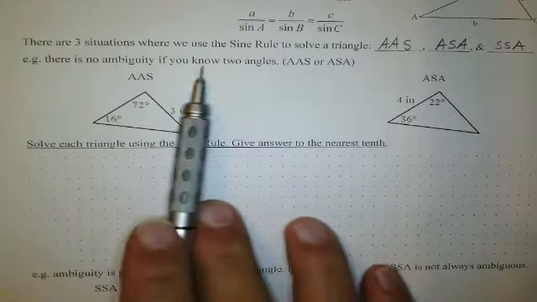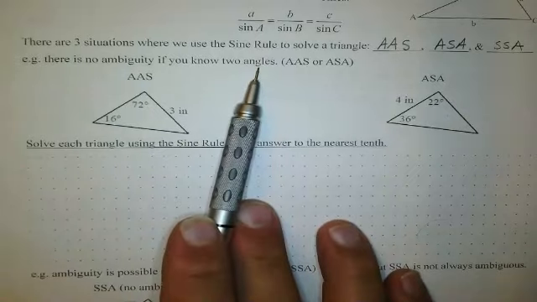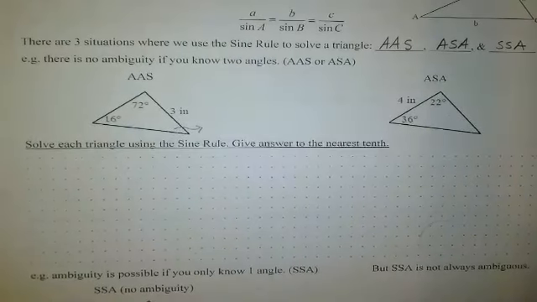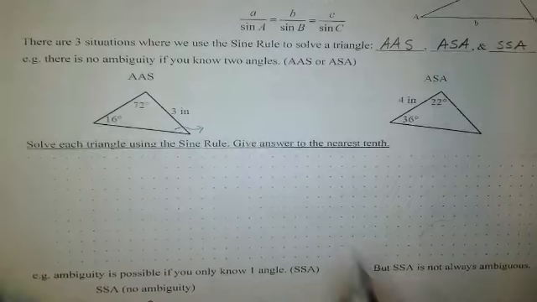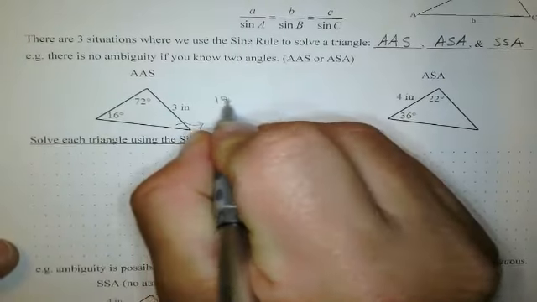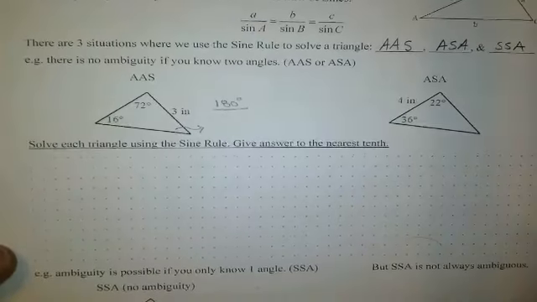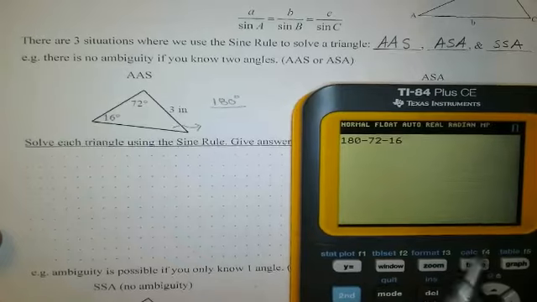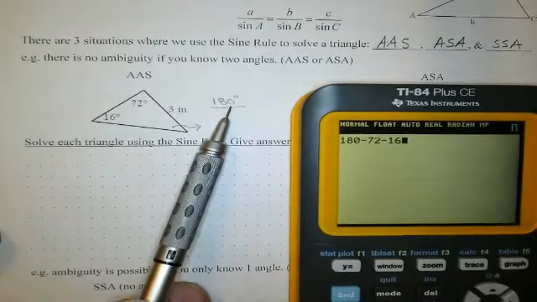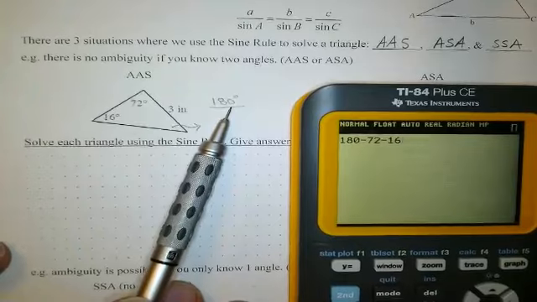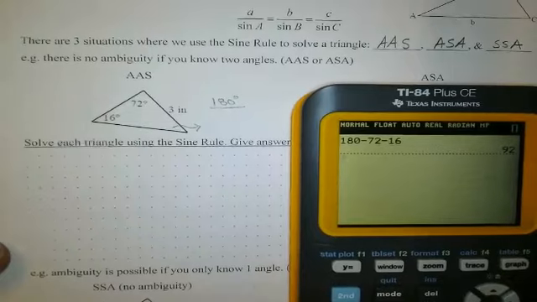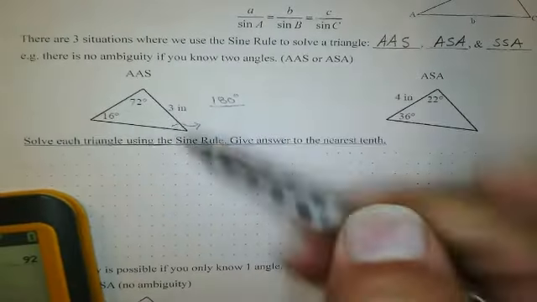Okay, we have no ambiguity if we know two angles. What does that mean? If I know two angles, then it's very quick to determine what the third angle is, right? In this first case, how would I find the third angle? Well, I know that my angles add up to be 180 degrees. So what does that mean? What that means for us is that if I take 180 degrees for my triangle in this two-dimensional space, and I subtract the other two angles, then I know my third angle. So in this case, that third angle would be